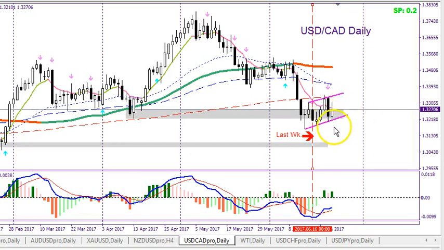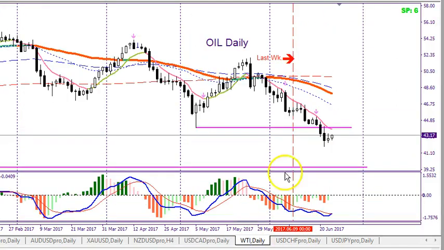So right now it's sideways. We have to wait and see what's going on. This pair is tied in often to the price of oil. And you can see, price of oil has been coming down. We're in a bit of a pullback. So I do see price maybe testing again this trend line going up just a wee bit higher. If it goes up a wee bit higher, then the US CAD may come down a wee bit lower first before reversing. Again, my bias is to the downside on this.